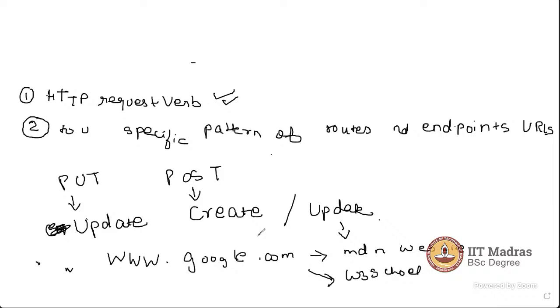But in order for an API to be RESTful, we have to follow a specific pattern. This is just an example I'm giving you that in order to specify any resource and in order to retrieve any resource from the server, we have to take a different path for it. Okay. So in case of an API, let me give you an example.